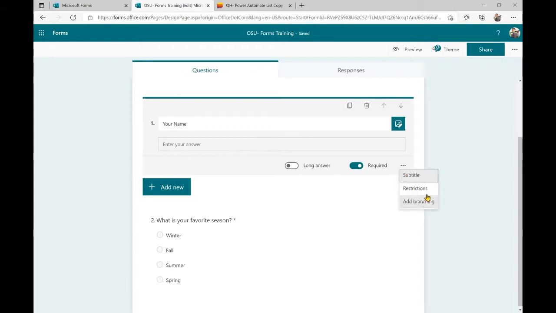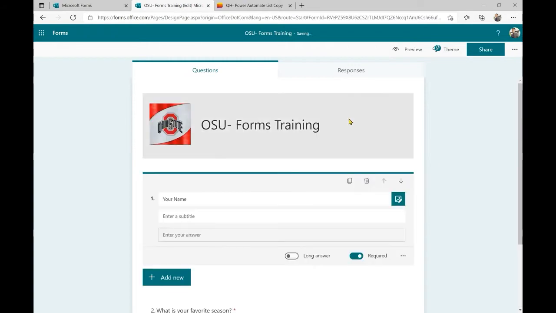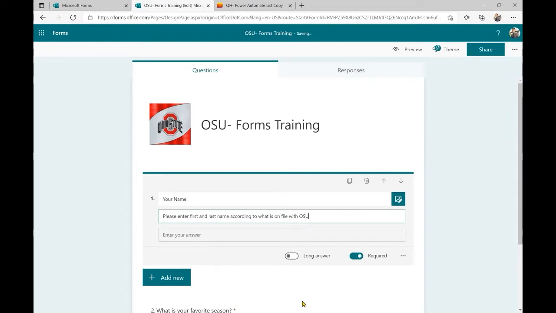Now I can also make this question branch. I'm going to hold off on that until we get a few more questions built in here, but I can also add subtitles. So I can say, please enter first and last name according to what is on file with, I don't know.